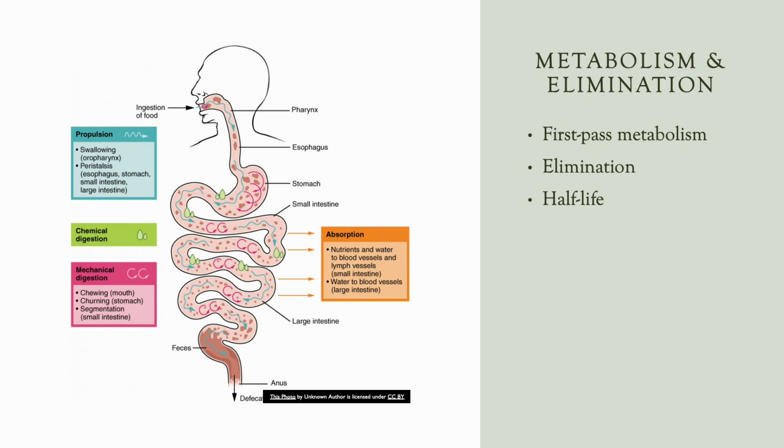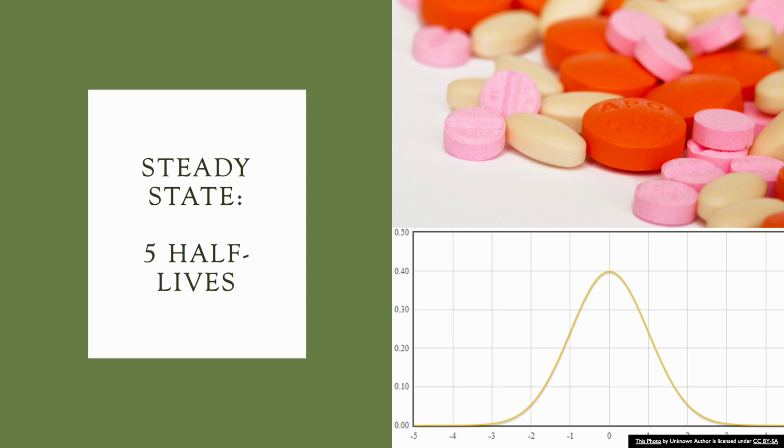Half-life is the time needed to clear 50% of the drug from the plasma. The half-life also determines the dosing interval and the length of time to reach a steady state. A steady state is a point at which the amount of drug eliminated between doses is approximately equal to the dose administered. Drugs usually are administered once every half-life to achieve a steady state. It takes approximately 5 half-lives to achieve a steady state and 5 half-lives to completely eliminate a drug.